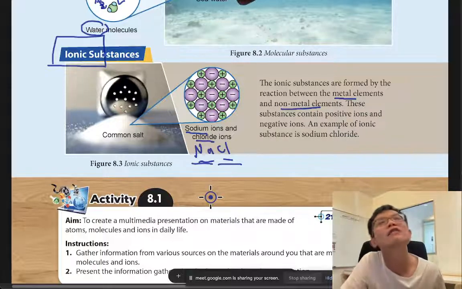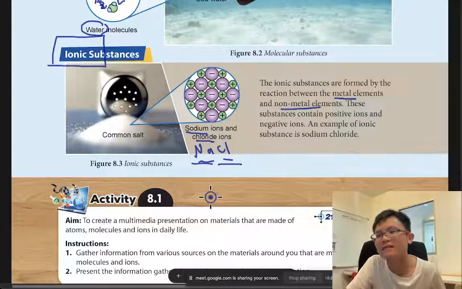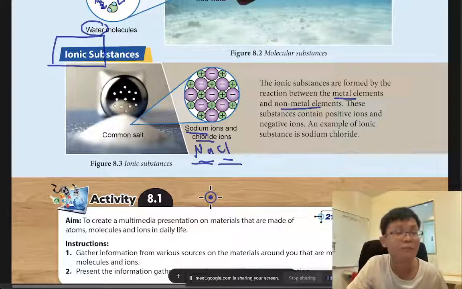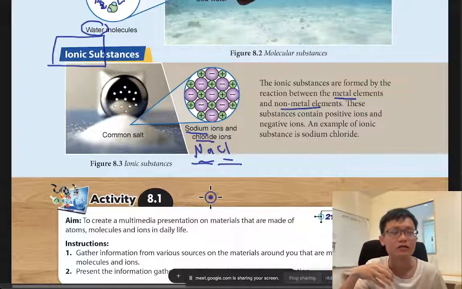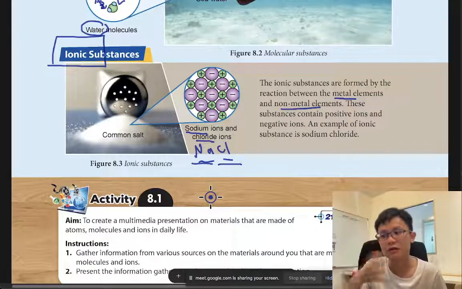So you don't say I want to eat sodium chloride. Then they say what you want. Kakak tell me. Or you want to know monosodium glutamate, MSG. Amazing. Also it's made up of salt, made up of metal and so on. So it depends on how you want to use your word, depends on how you want to talk. You are talking to the uncle, you use salt, you use the common term.